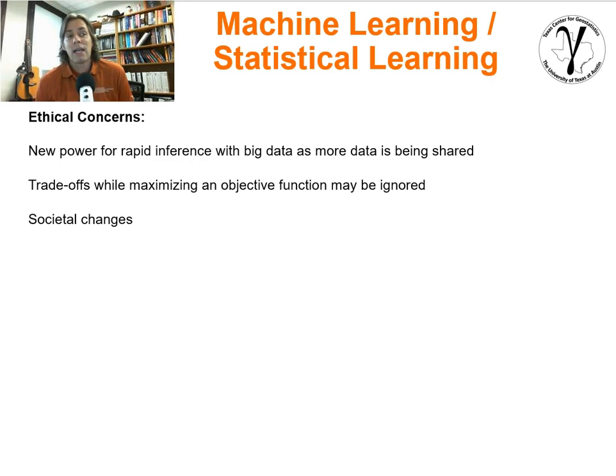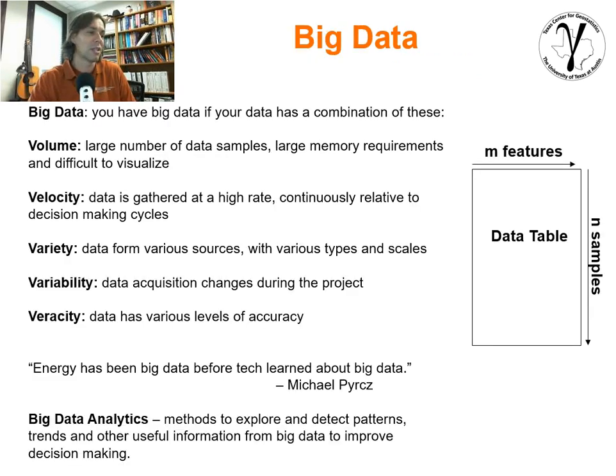There are going to be trade-offs in maximizing an objective function, and those trade-offs may be ignored. When we work with typical types of methodologies, models that are simpler, we may understand and see the trade-offs, but we may not see that within the machine in machine learning. And then there's of course societal changes. I won't get into this, but there are likely to be job disruptions. Perhaps there are certain jobs which will be readily replaced by machine learning types of methodologies. I think I'm going to make a couple of comments later about it.